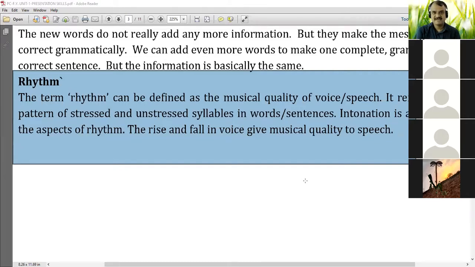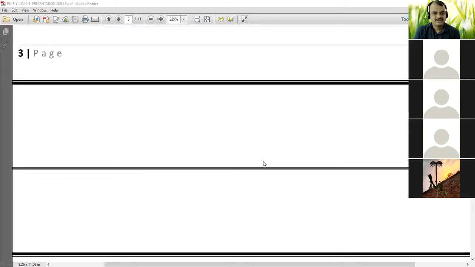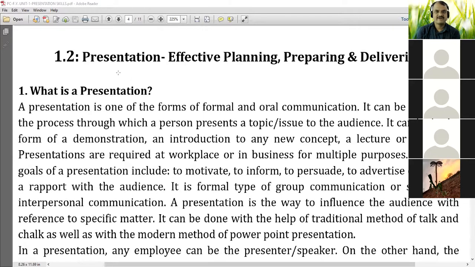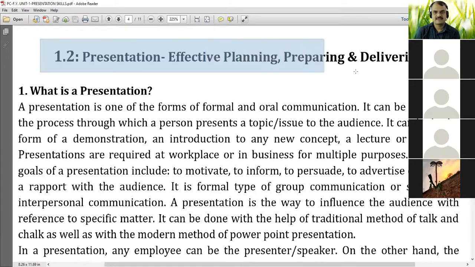So, is there anything that has not been discussed yet? You will find that everything has already been discussed regarding rhythm, and there is nothing difficult in this. So, should we move forward? Yes. Okay. So, we come to the next important part of our discussion, which is the highlighted title here.